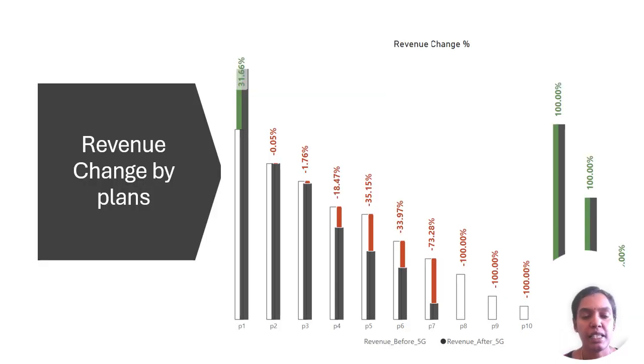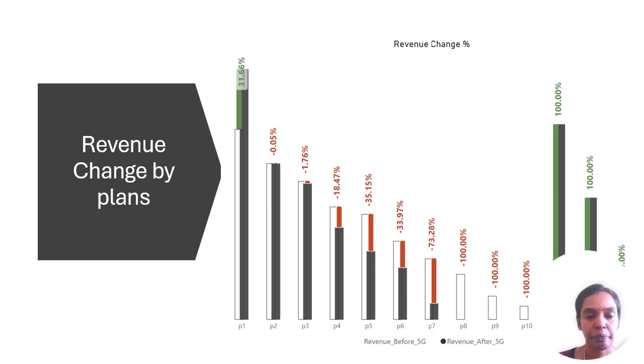For further analysis, I have used Power BI's newest update here. It is an update on the clustered column chart. Here you can easily visually compare the difference between the two parts, that is the revenue for the 4 months before launch and revenue for the 4 months after launch. It is very easily comparable and can also be visually shown. If it is growing, I have shown it in green, and if it is lagging, I have shown it in red. The white bar represents the 4 months revenue before the launch of 5G, and the black bar represents the revenue